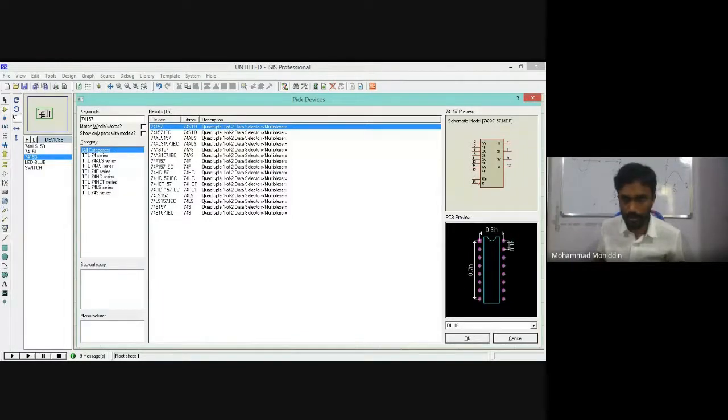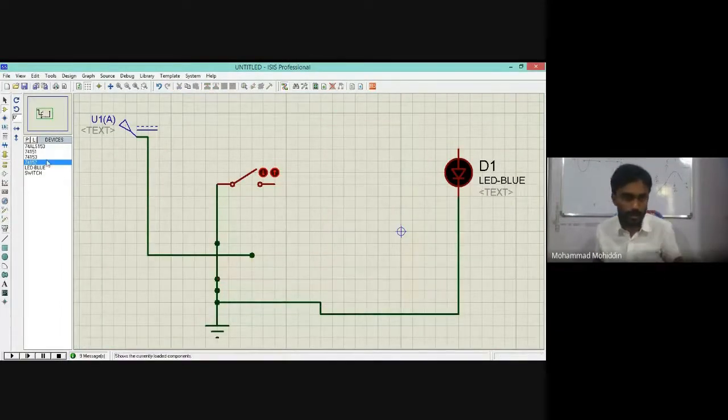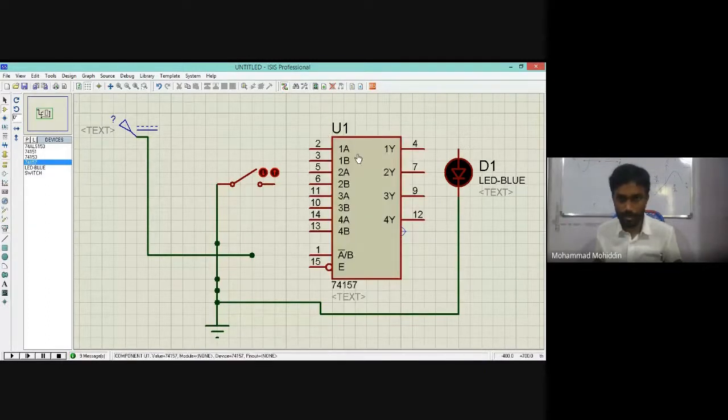This is simple only. This is very simple. Okay, I will delete this. Take 74157 IC. Here you see 4 available. One we will check. Only one selection line will be there. Okay. Enable must be 0 now. 0 connected.